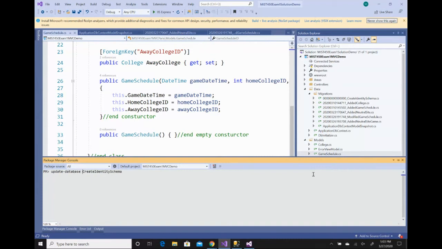And then I could either say dash migration and then give the name, or it is actually easier to just say create identity schema, so you can leave out the dash migration. So if I just did this,